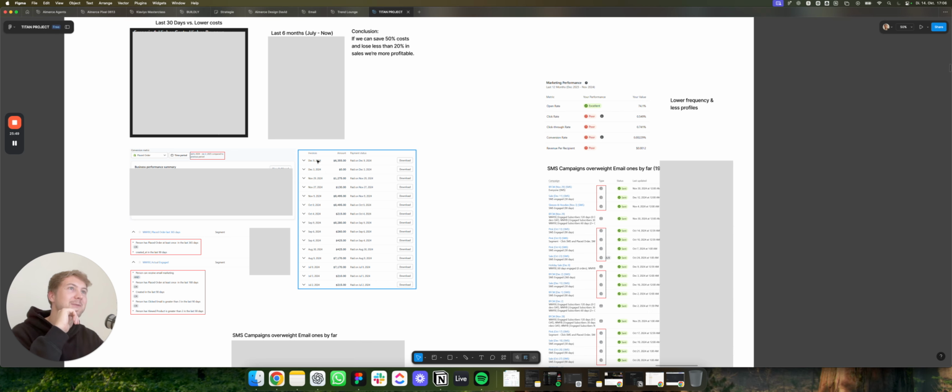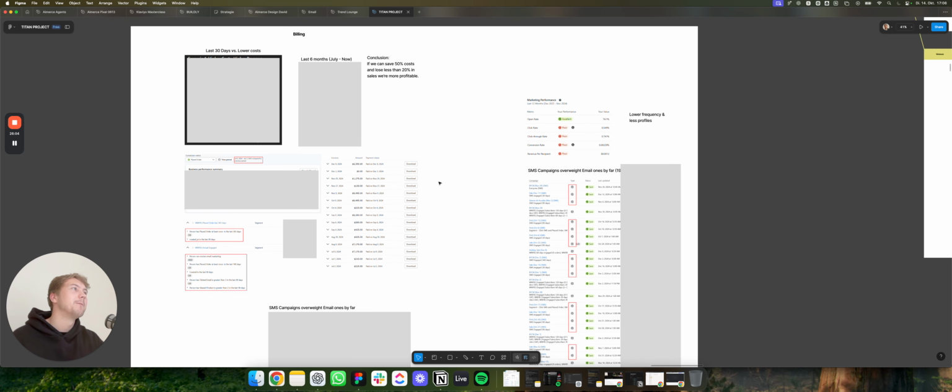At this point in time, we didn't even know that we were going to get into some legal stuff. But it's actually something where we had to consider lowering the Klaviyo cost because it just wasn't profitable at that point in time. So this is also stuff that a lot of people don't think about. They just keep getting more and more people onto their list. They pay so much for their list. But then just having this net expense is really, really harmful, especially if you don't have such a